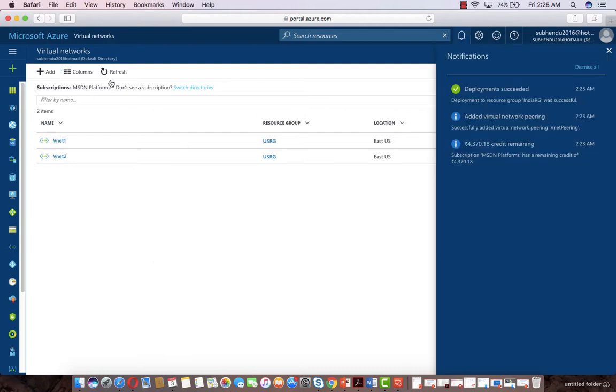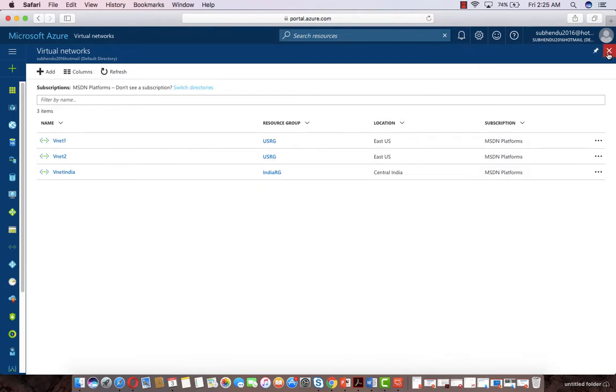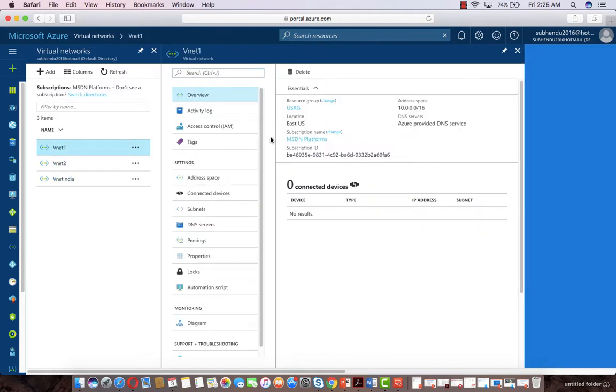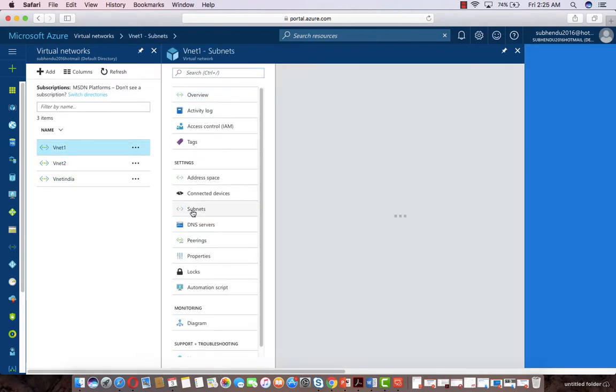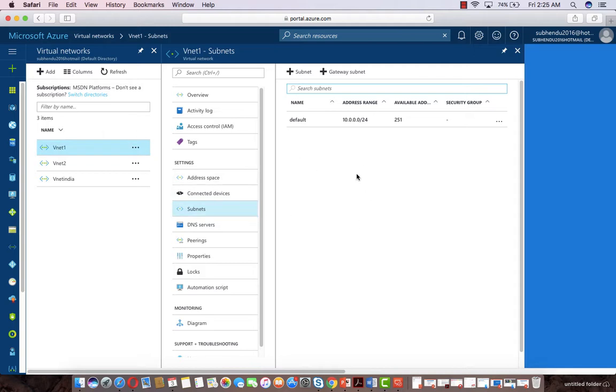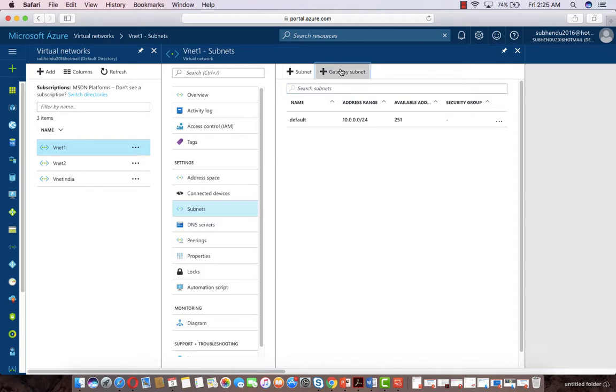Now if we want to connect two virtual networks, we need a virtual network gateway. So here, at first I have to create two virtual networks for the two locations. Before that, let's review what subnets we have in VNet1. In VNet1 we have to add a gateway subnet. So let's click on the gateway subnet.